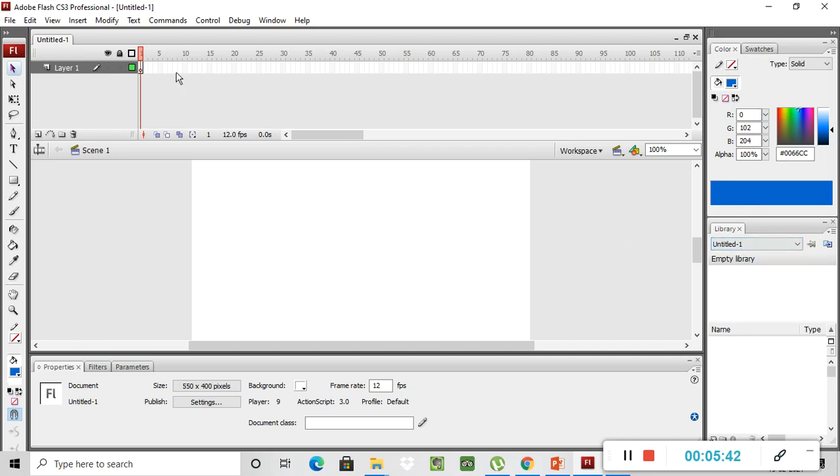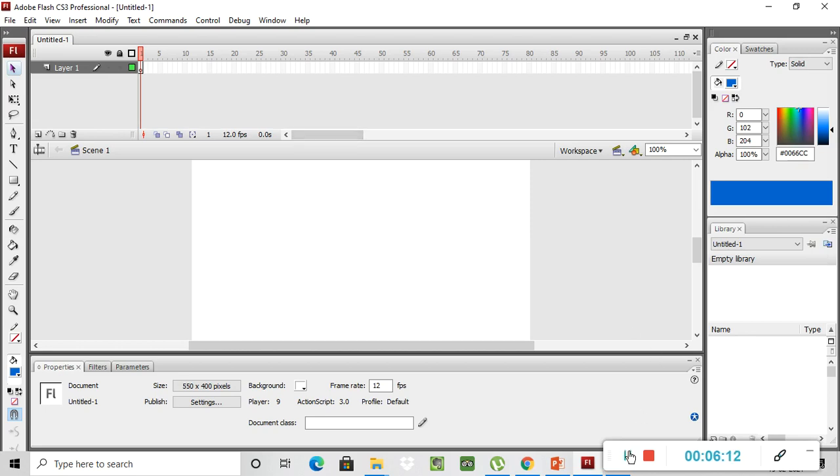Understood? And what does the timeline mean? The timeline is used to set the sequence of content in the movie. It is divided into frames. You can also create layers in the timeline. If you want to adjust your timeline, if you want to create an animation, then you can use this timeline. Later on I will tell you how to create animations in Flash.